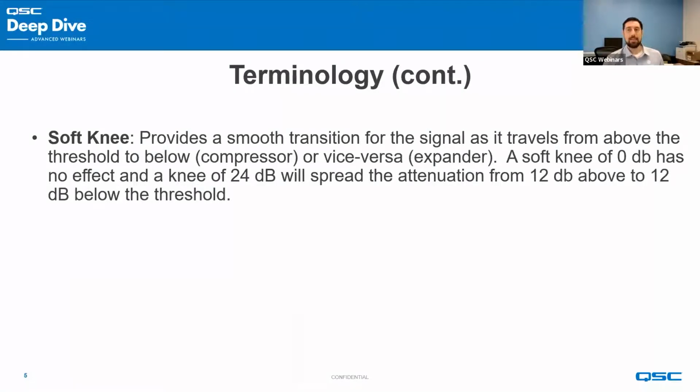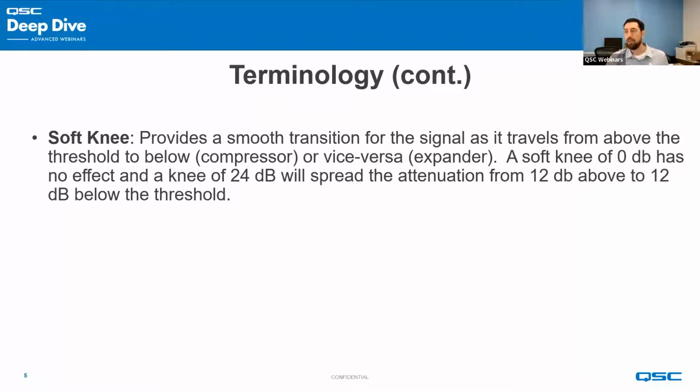Okay, a soft knee. When we deal with compressors and expanders, you'll notice that sometimes you'll see what's called a soft knee. This is a smoothing of the transitional curve as we go from above and below the threshold. When you're in a compressor, it's when you're going from above to below. And when you're an expander, it's when you're going from below to above, since they work on opposite sides